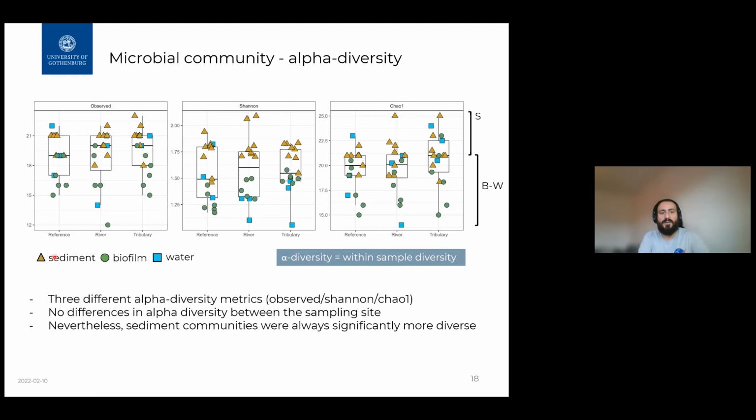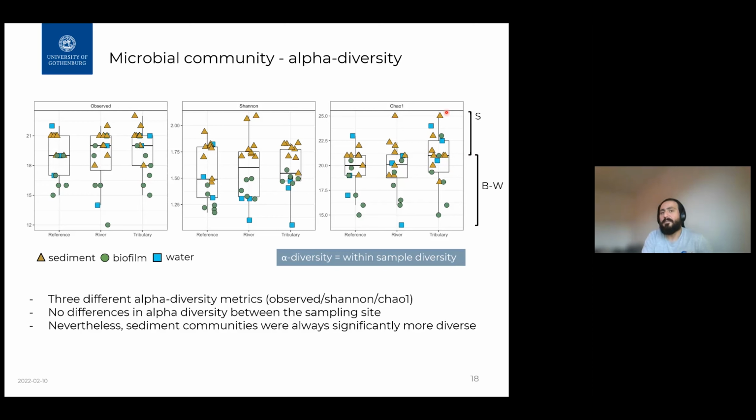So all our reference samples were pooled in the categories of reference site, river site, and tributary site. What we observed was that there was no difference in diversity when you do that. Literally, they were not different in diversity between reference, river, and tributaries. However, when you organize your data in another direction, from a source perspective, so from where the information is actually coming, we observe clear differences in diversity